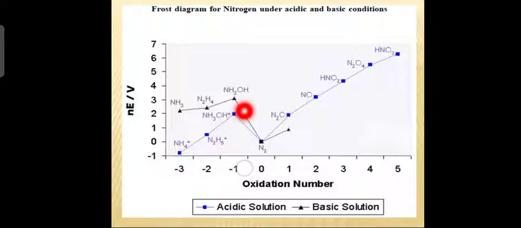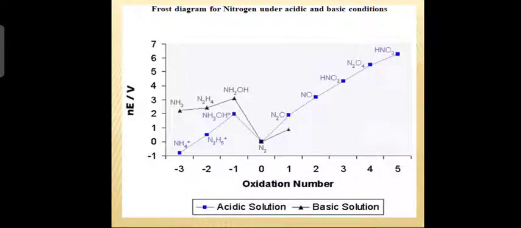Now when the points corresponding to the species lie in a straight line, the species are equally stable. For example, species NO, HNO2, N2O4 and HNO3 are almost equally stable, as the points corresponding to these species lie almost on a straight line. Therefore we can say they are equally stable.